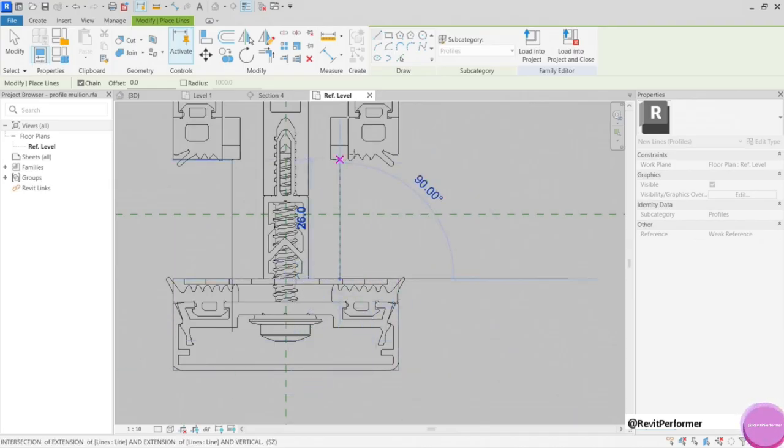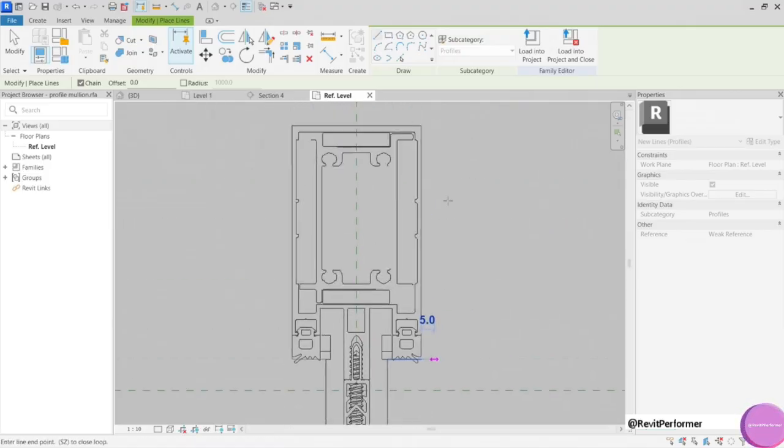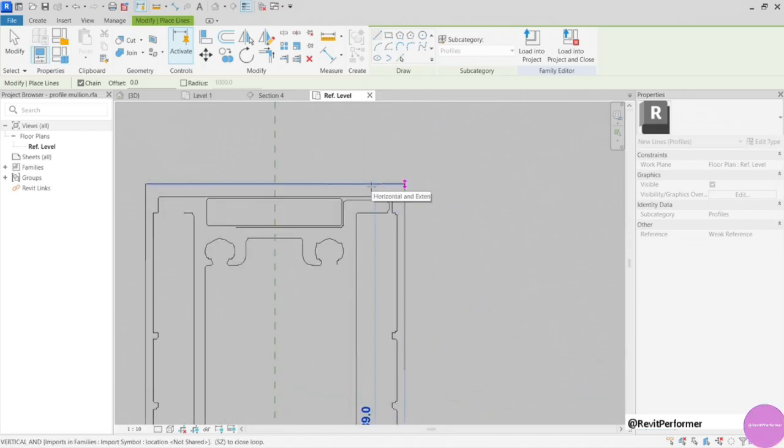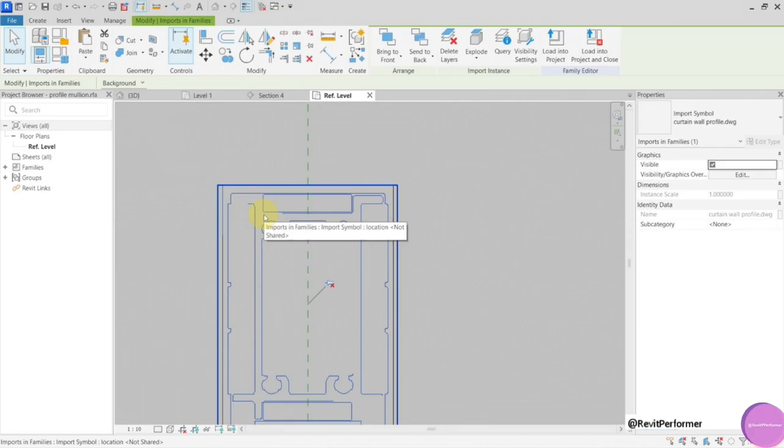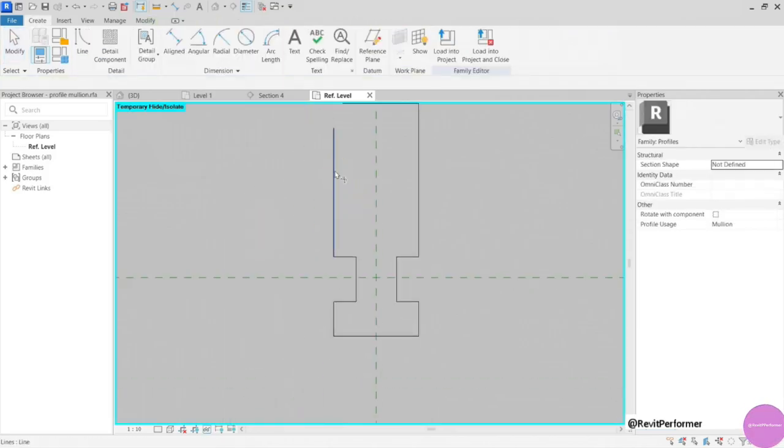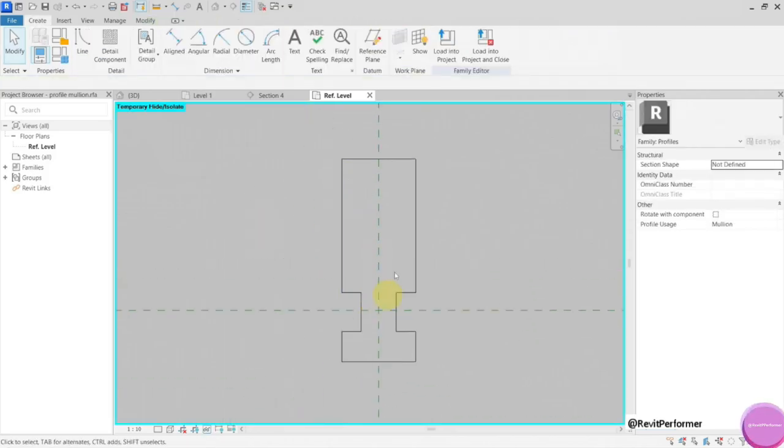And like this all the way around. Okay, up until here. I will just hide this. Okay, so this is actually my profile, which will be creating the 3D geometry.